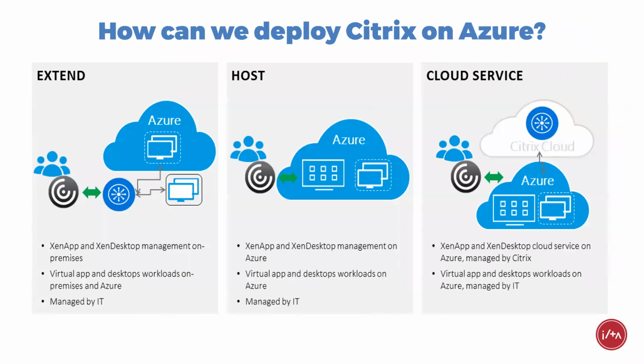If you're talking about moving those workloads up to Azure, then you could either stay with your traditional licensing and host that control infrastructure alongside your workloads in Azure, or you could, as part of that, move to the Citrix Cloud service. What's going to be most economical is a conversation that you want to have with the Cornerstone folks, because it really comes down to seat numbers and types of workloads and the kind of data that you've got. But if you're looking to transition, as in this is not going to be turn it off on Friday and turn it on somewhere else Monday, which of course never happens anyway, the cloud service is a good way to look at,